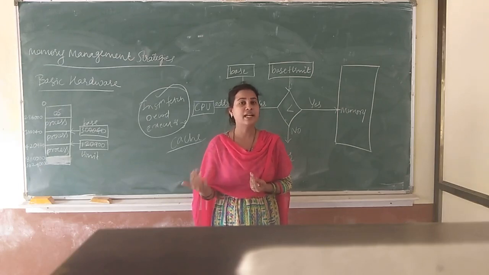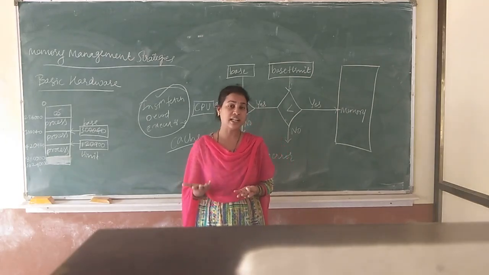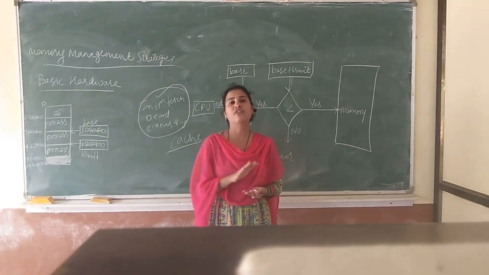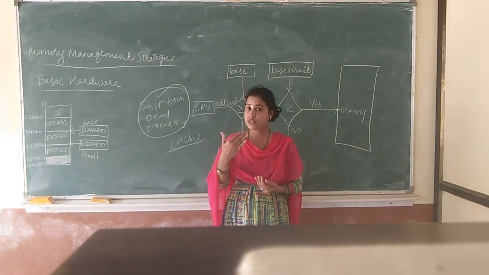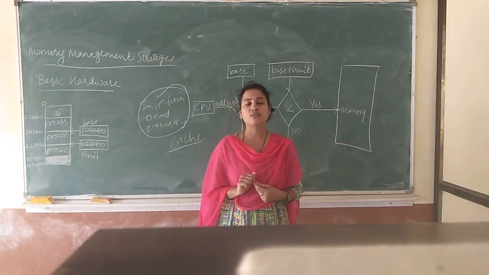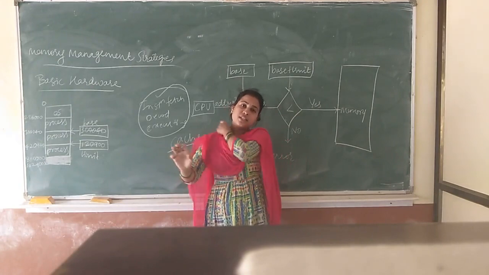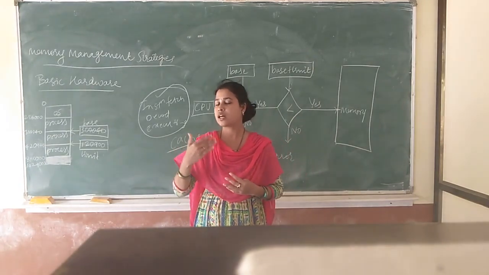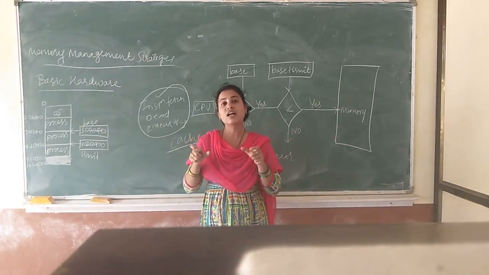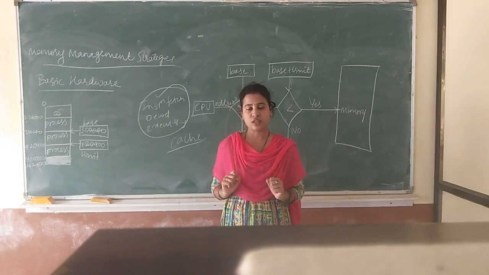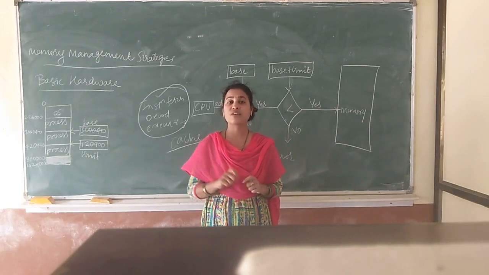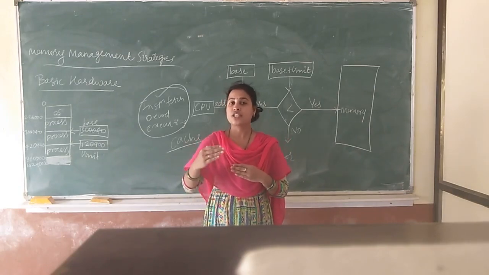Why? Because, deliberately or unknowingly, the user process may harm or modify the kernel processes. If the kernel processes are disturbed, the system will not work properly. So the point here is that you should keep security between user mode and kernel mode, meaning between the user space and the kernel memory space. The user memory space is different, and the operating system or kernel memory space is different. So you have to give security between these two.